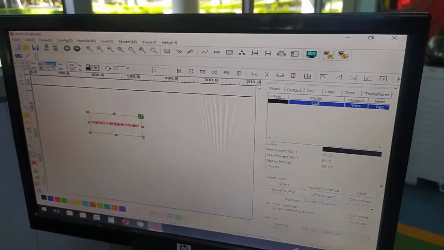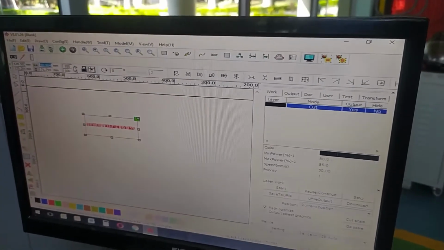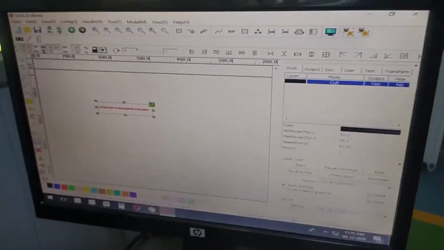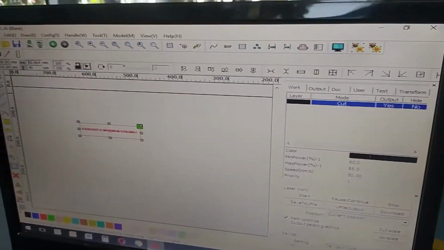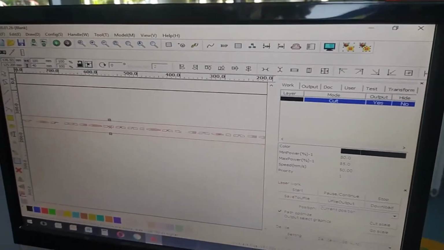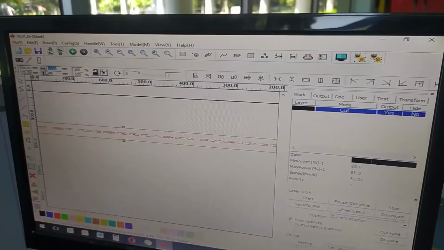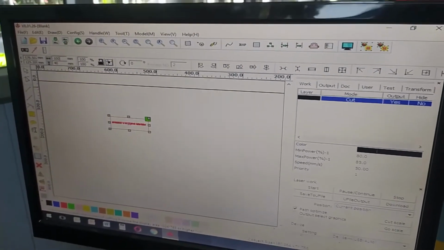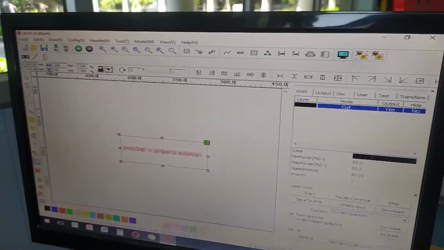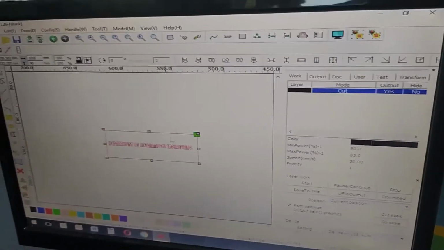Okay, I want to change the dimension. I want a height of 40 mm, and suppose the length is 100 mm. It is looking fine. Okay, so the dimension is 4 centimeter by 10 centimeter.